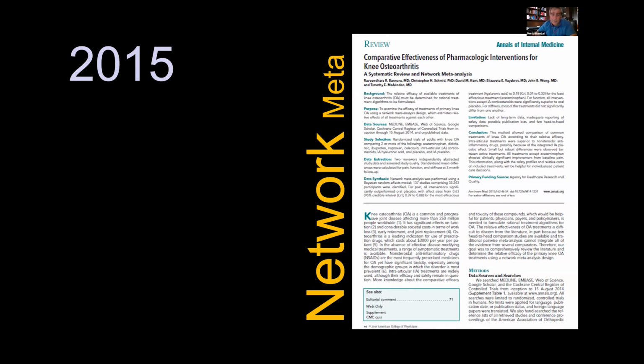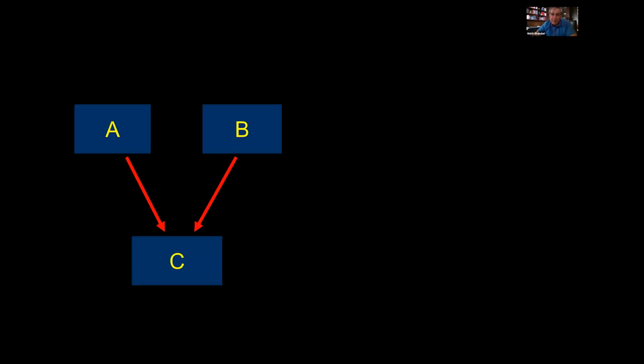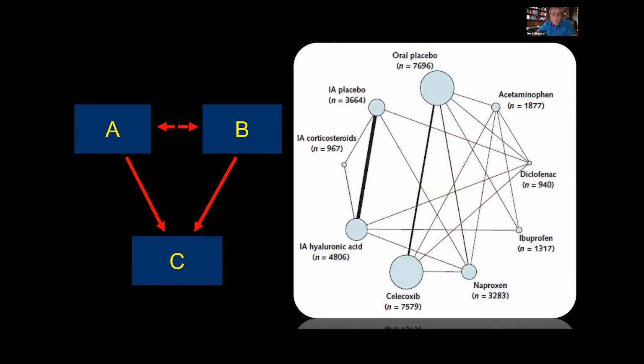So walk us through what network meta-analysis is. And just for, again, those who are wondering about what we're talking about here, there are situations in which you have the same comparator. So you might have a trial of A versus C, in this case could be a placebo, for example, and it could be B versus C, but no trial of A versus B.